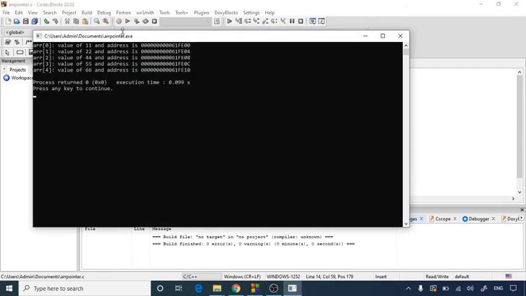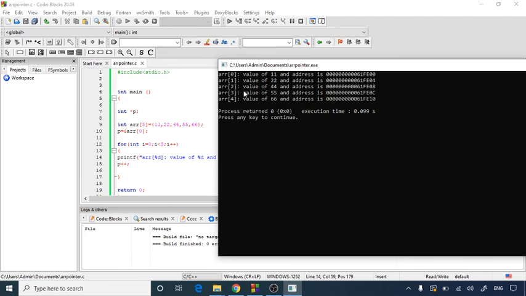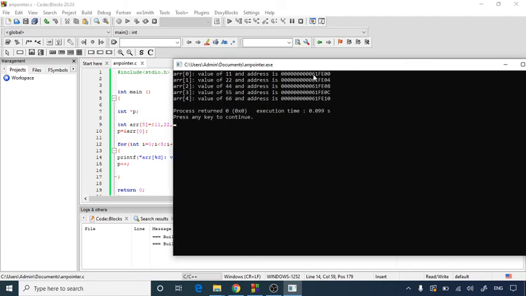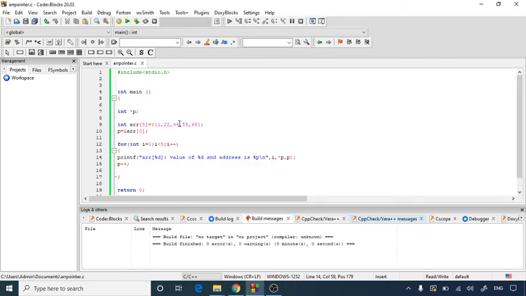If I run this, as you can see, the array's 0th element, that means the value 11, has an address which is this, in hex format. Each and every one of the array elements, 11, 22, 44, 55, 66, gets stored at a particular address.